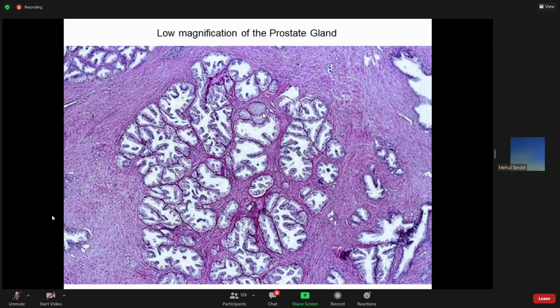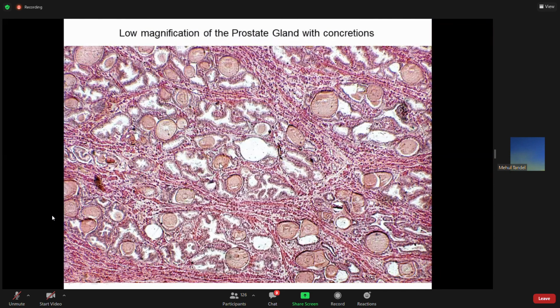Same thing you can see here, corpora amylacea, यहाँ पे दिख रहा है एक जगह पे, बाकी तो आपको दिख रहा है fibromuscular stroma is prominent and embedded tubuloalveolar glands. Corpora amylacea very clear है, don't worry, we have the slide with corpora amylacea. तो आपको एग्जाम में जिसमें corpora amylacea दिखता है ऐसे ही स्लाइड हम रखेंगे, so you can easily identify this slide. OK, so अगर फॉलिकल्स दिख रहे हैं उसके lumen में corpora amylacea दिख रहा है, it is a prostate.